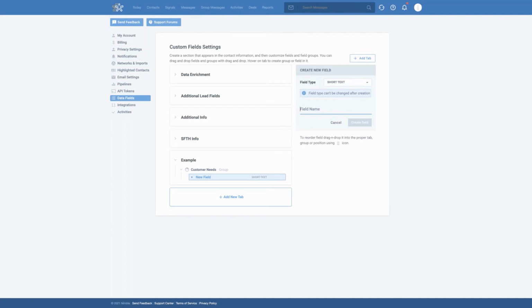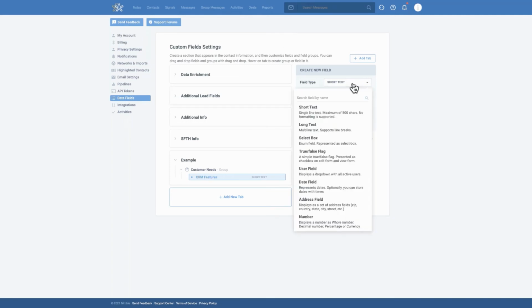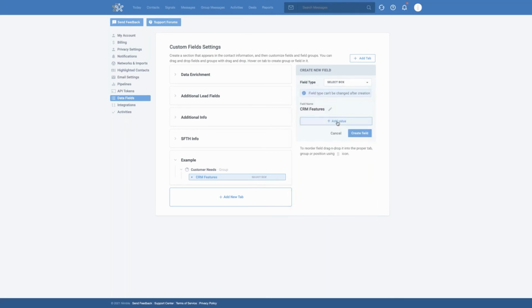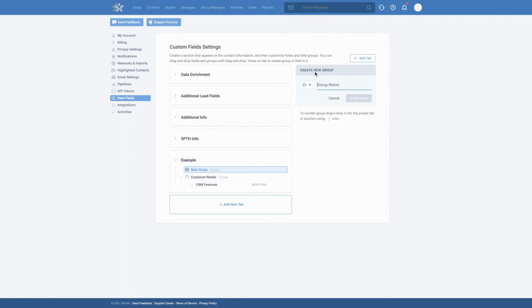So the field name can be, let's say, CRM features. I'll create it, and I also know that maybe I'll want it to be a select box to make it easy for all my reps, so they can just select the values from the drop-down menu, and it can be group messaging, it can be pipeline management. I'll create the field, and then I'll create another group, and I'll call it